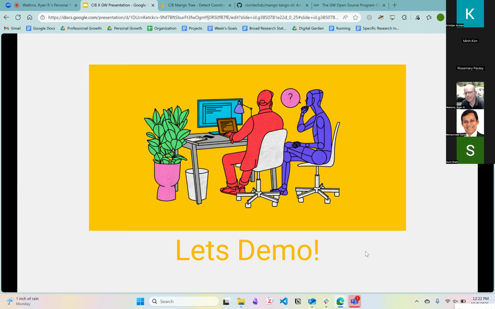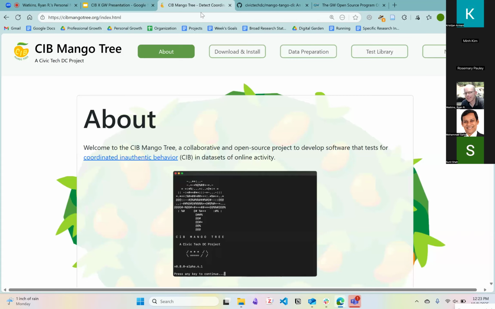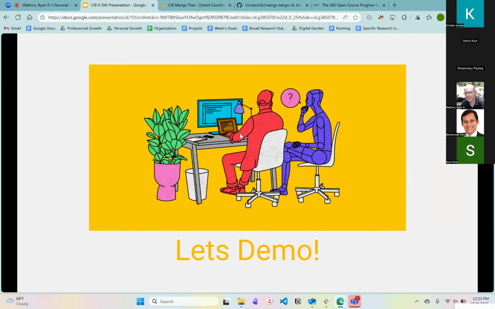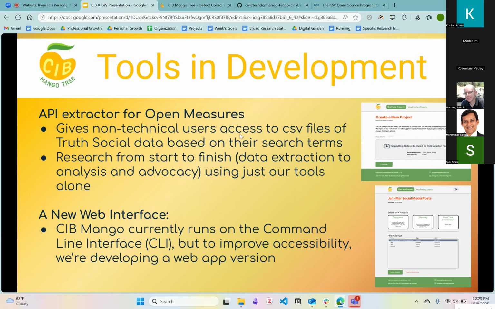Yeah, speaking of some of the things that we have on the dock moving forward, and by the way, information about how to operate this tool. We have a fancy little website, which we're doing a redesign of currently, but it also has a download and install page, and there's also a page on preparing your data, so there's information on there. But yeah, we're gonna talk a little bit more about some of our ongoing tools, some of our engagement, next steps. So, yeah.